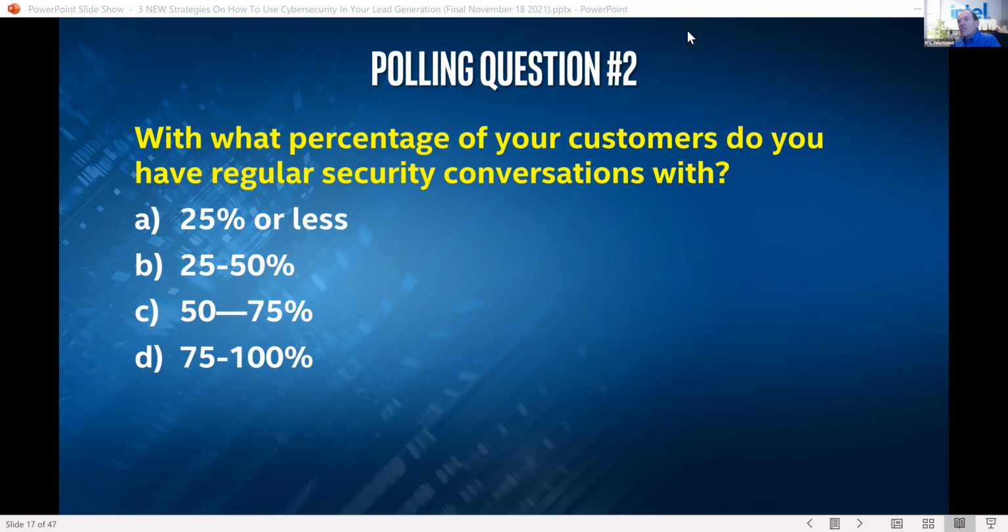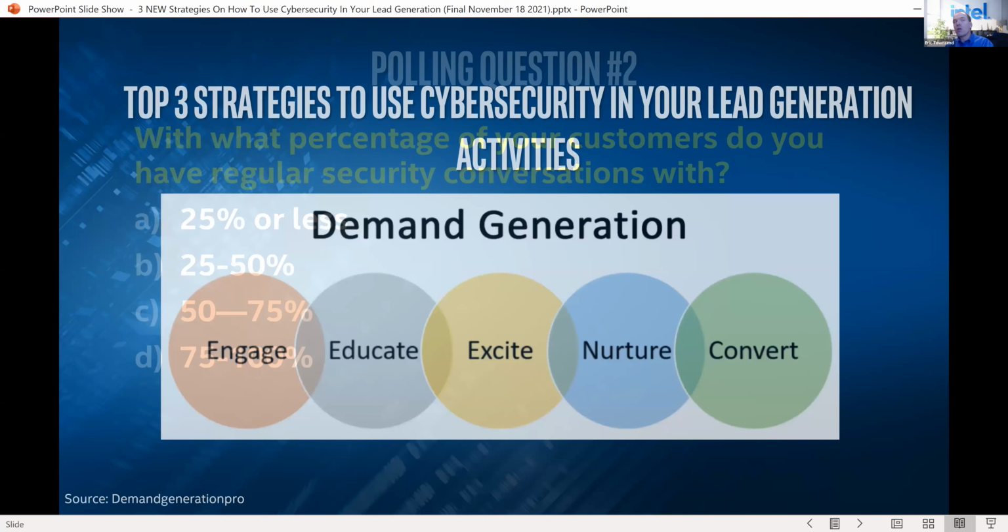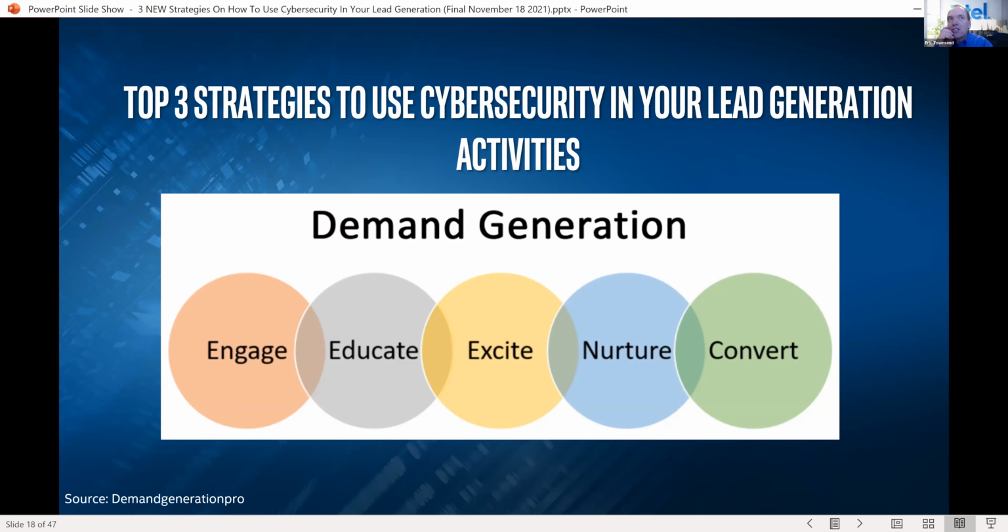I think for people to understand, this is where we're just trying to create that motion, right? So you understand what the importance is. Now, I want to jump into these demand gen strategies, right? And this is where there are all different types of funnels. When we think about the current set of buyers and where they're at, you engage them, you educate them, you excite them, you nurture them, and you convert them. This is kind of a different funnel when we think about demand.